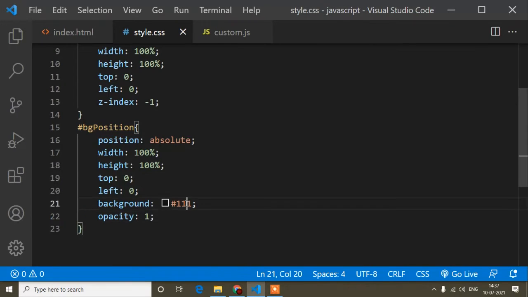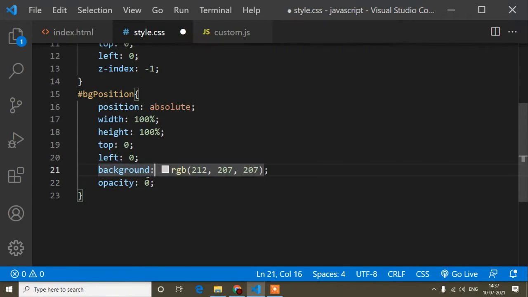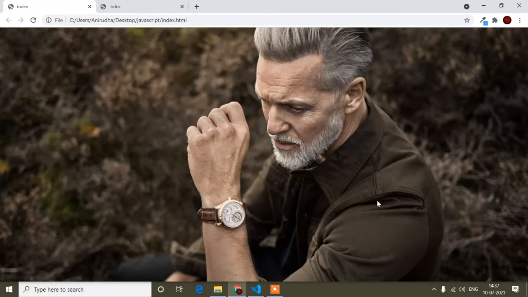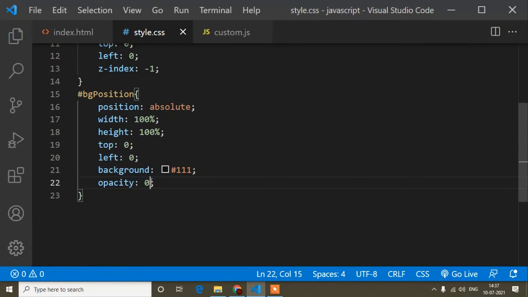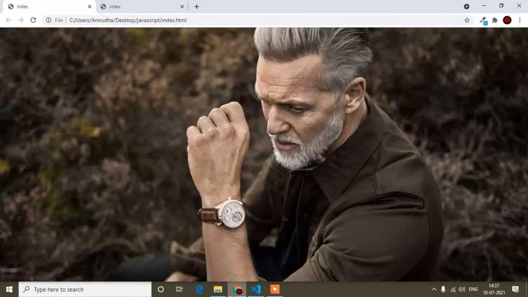So you can see now the background image is fully covered by this black background color. Okay, but guys, if I want to hide this color, I can change the opacity. If I write opacity is 0, that means this background color will not be visible, because the background color opacity is now 0. Okay, I hope this is clear. So if I save, you can see the background image is visible, but when I write opacity 1, that means this background color will be visible, that is blackish, and the image will be hidden under this black color.